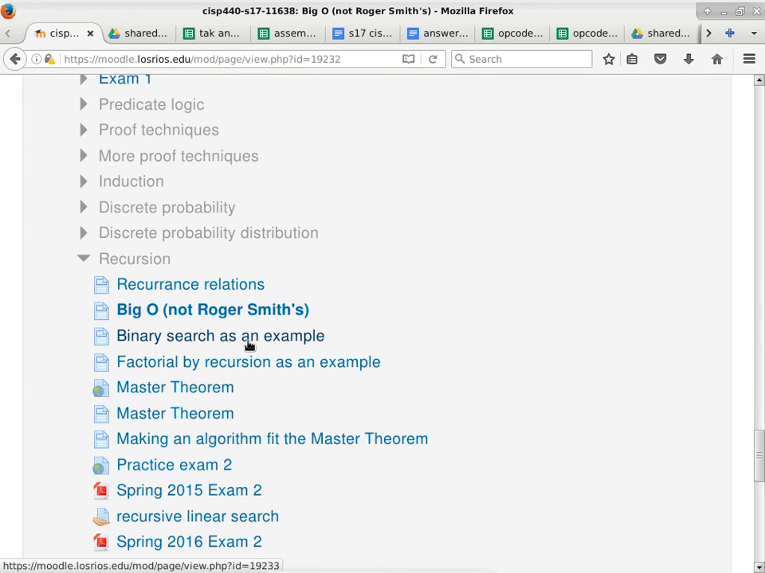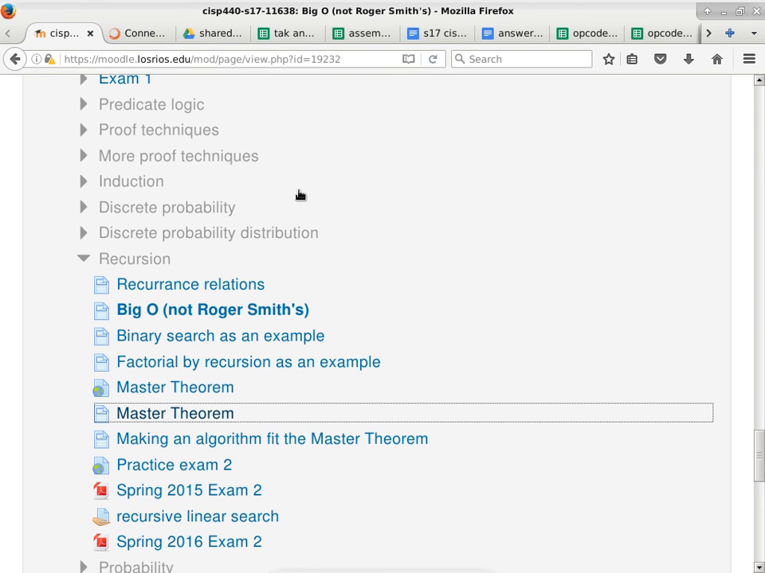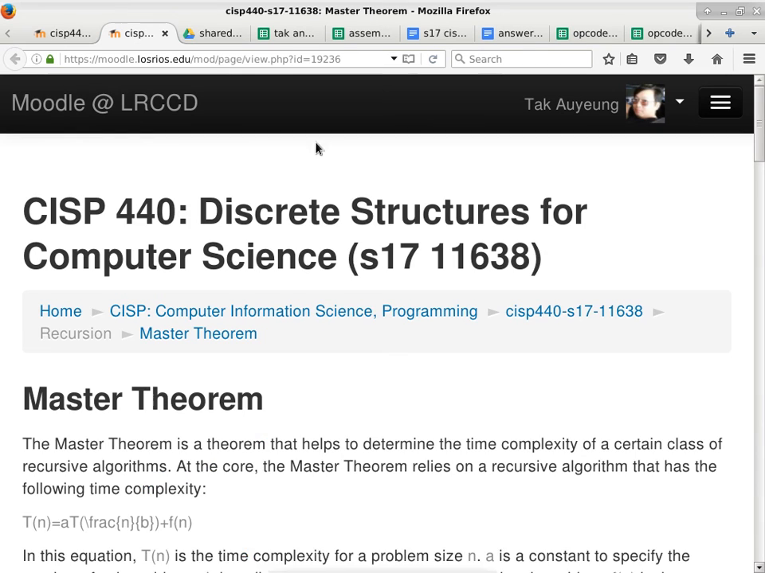So now the question is, what about the master theorem? There are 2 links to the master theorem. One links to a Wikipedia page, and the other one links to a page that I wrote. They have exactly the same information. It's just that I don't feel like teaching out of somebody else's wiki page, so I decided to write it